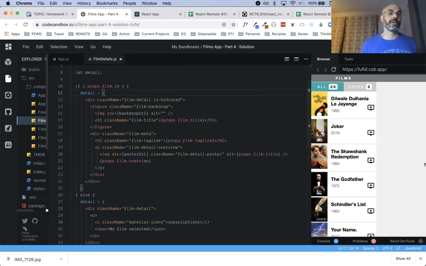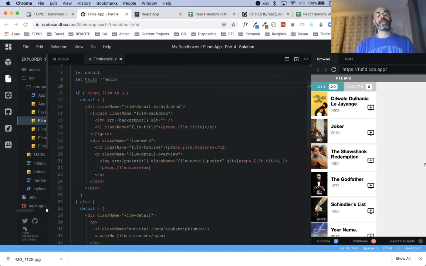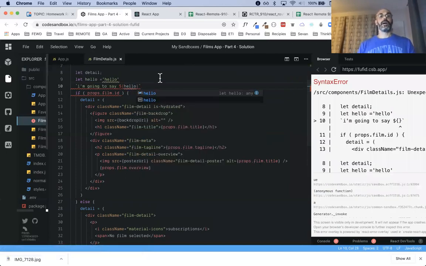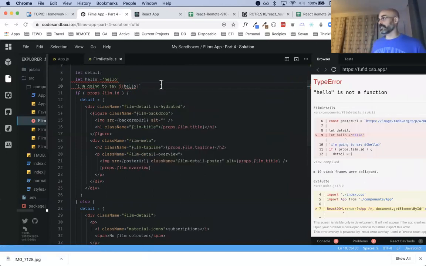It's not parsing it into code because, remember, backticks are more for something like this. If I had a variable like let hello is equal to hello, that's a variable. Now I can create a backtick and say hello, and it treats all the text as just text, and the variable as something it's evaluating to do some sort of concatenation.